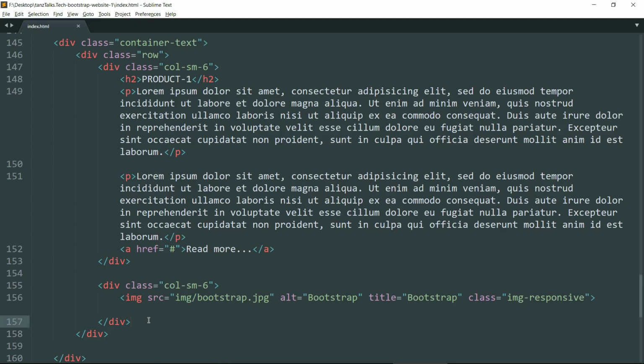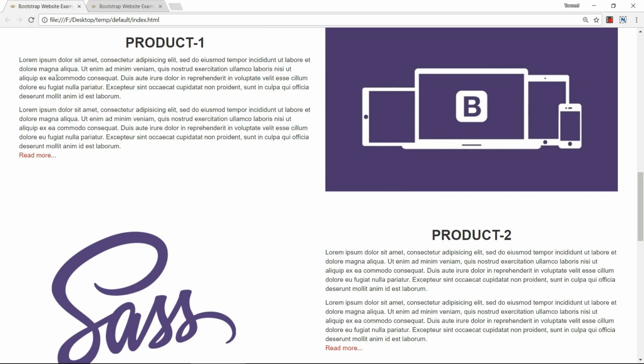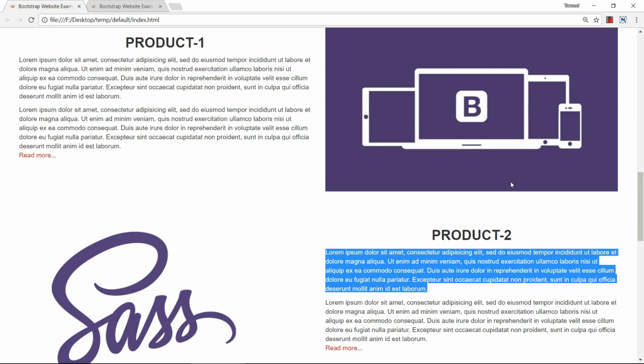Now just drop down below the closing of the div tag, create another div tag with class row because we need another row. Let me just check the original website once more. Alright, we need image first and then the text. Let me copy the text.